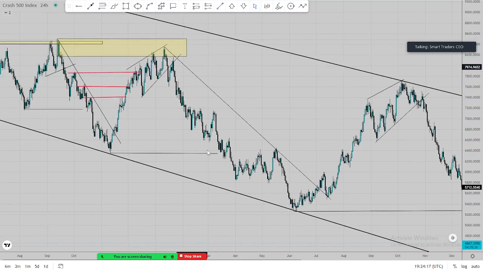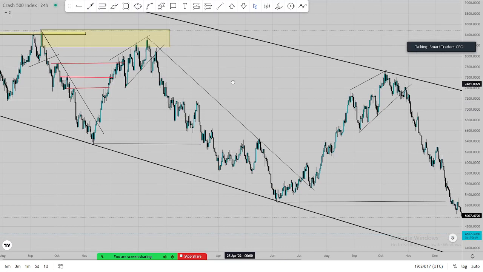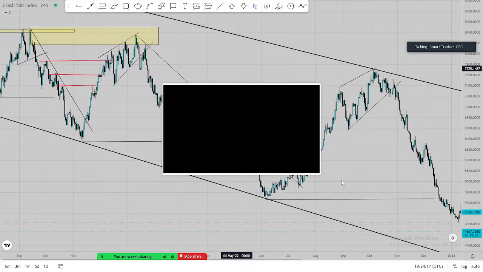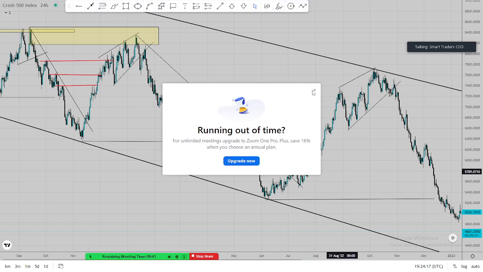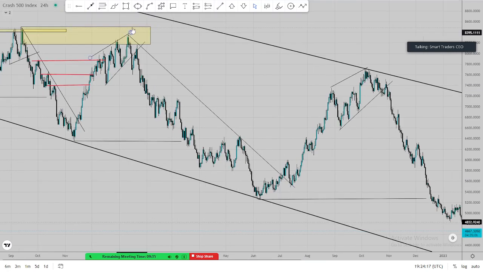So here, after this full move was reached, after it took out this low, after it took out that low, you realize that we actually established this trend line. So this was actually a lot of money from that zone up until you took out the low. Then you wait for market structure to form. You are simply waiting for the zone where you're going to enter the retracement that is going to happen to the upside. If you remember, this is our major lower high. If you check, this major lower high wasn't even taken out here. The market, in as much as it retraced, it never took out this lower high.